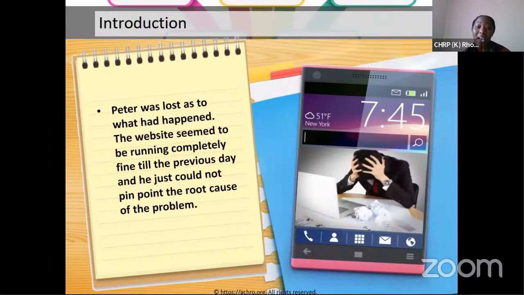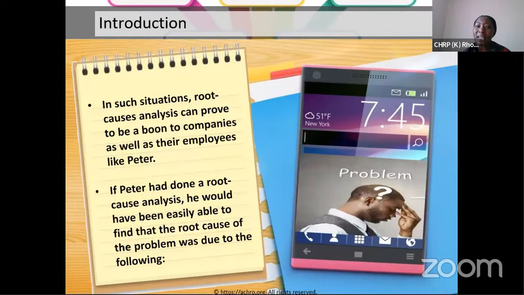So Peter was lost as to what had happened. The website seemed to be running completely fine, but till the previous day, he just could not pinpoint the root cause of the problem. He was unable to comprehend. So in such situations, the root cause analysis could prove to be a boon to companies as well as their employees like Peter. If Peter had done a root cause analysis, he would have